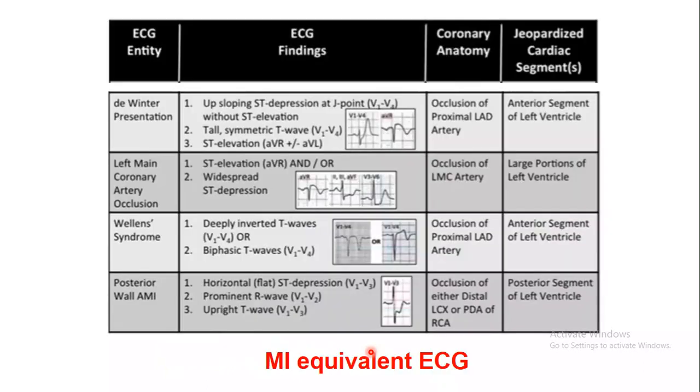Then we have what is called MI equivalent ECG. That means that the patient doesn't have ST segment elevation, but still has a high probability of significant myocardial ischemia. We will go through this MI equivalent ECG rapidly,